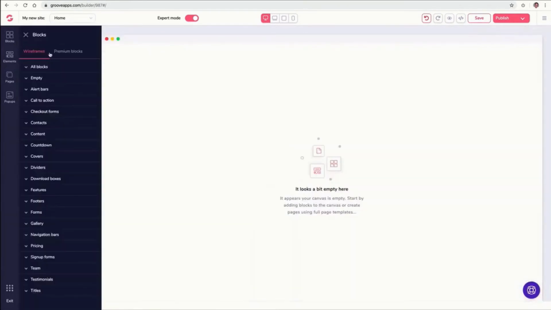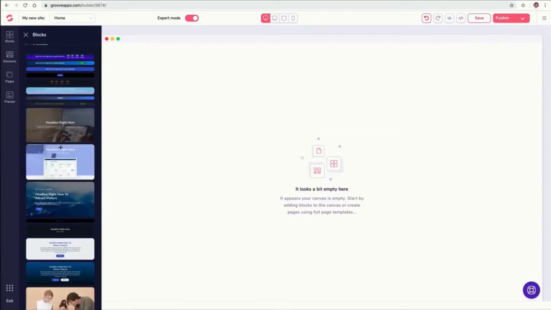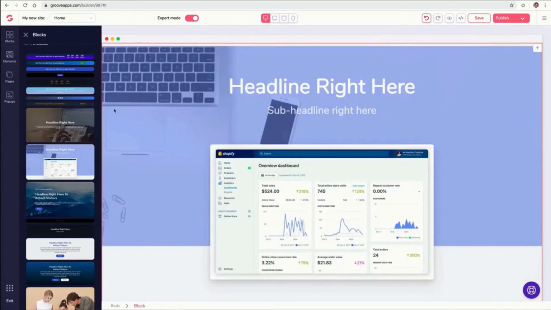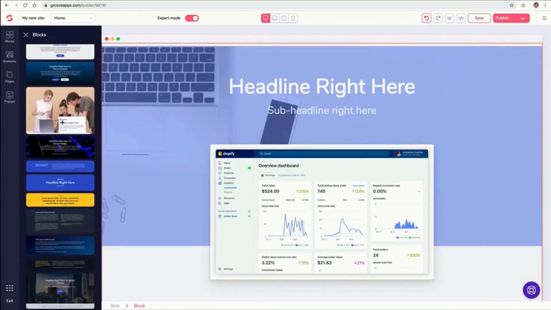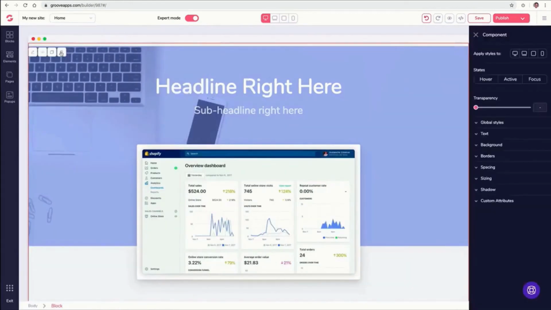And the premium design blocks are actual designer blocks. These are blocks that when you pull them over, they actually have images and designs, so you can pick from different things and just pull them over and build a website then. So the choice is up to you, or you can mix and match. I'm going to delete this